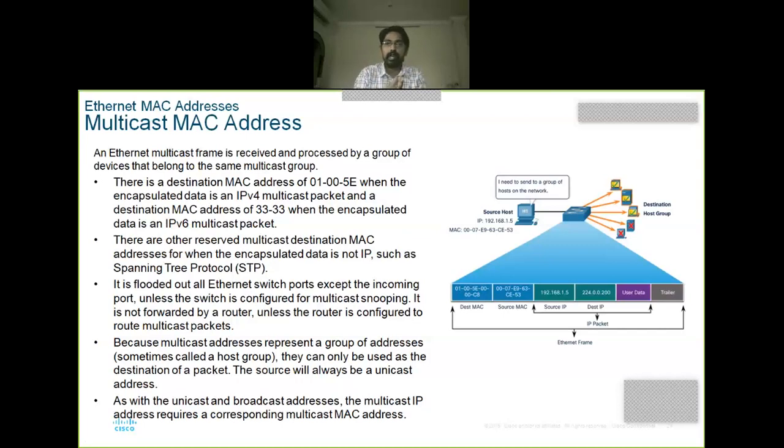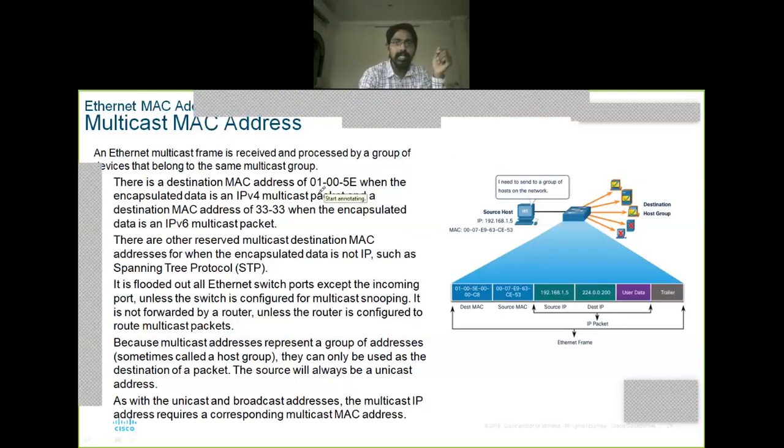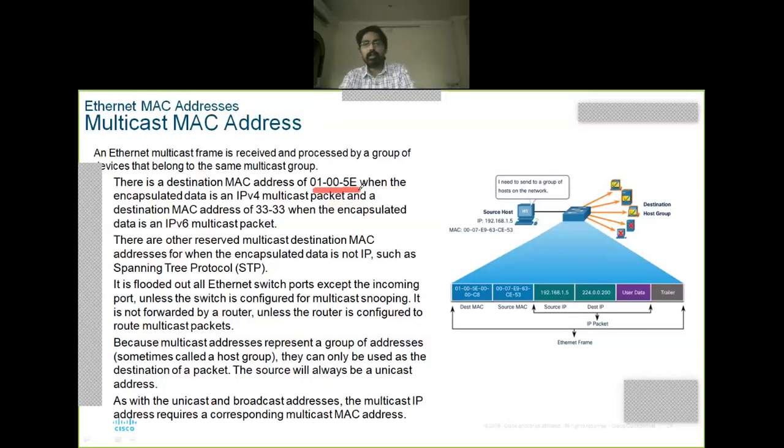Next, if you want to send data to a specific group of people, we have reserved MAC addresses. There is a MAC address called 01005E. So this is the address 01005E.